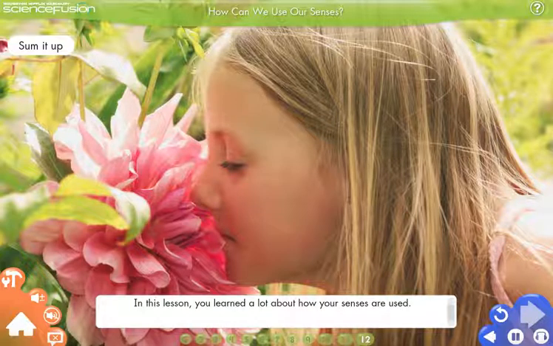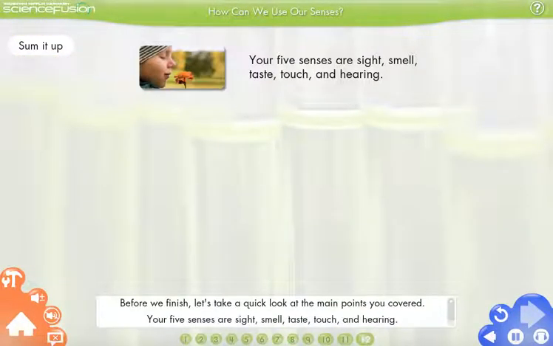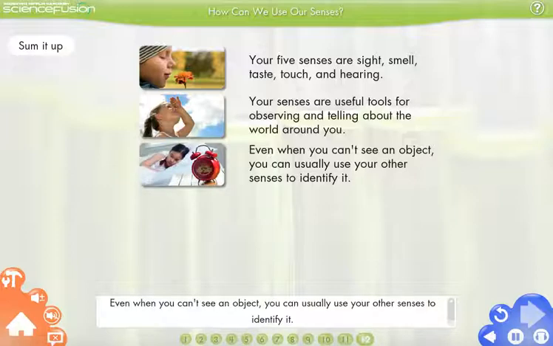In this lesson, you learned a lot about how your senses are used. Before we finish, let's take a quick look at the main points you covered. Your 5 senses are sight, smell, taste, touch, and hearing. Your senses are useful tools for observing and telling about the world around you. Even when you can't see an object, you can usually use your other